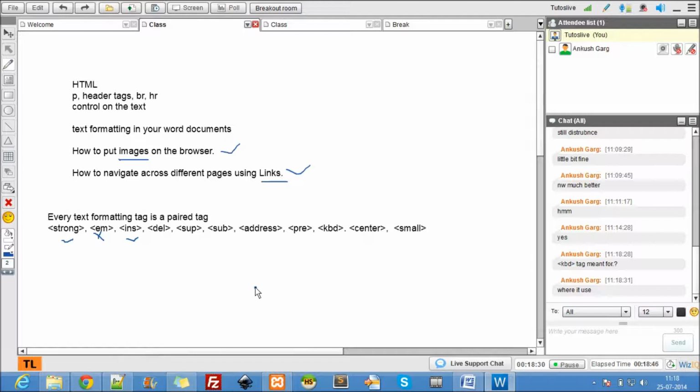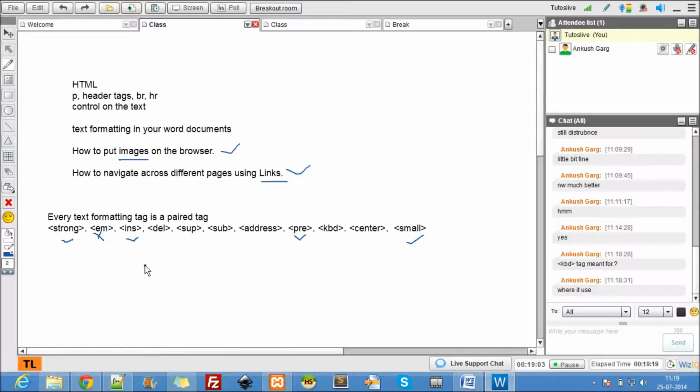It looks like, you see this font, the keyboard font, it looks exactly the same. So it's just a kind of formatting. Okay, you'll see the difference, no issues in that. Then pre is very important. Again, small. So whatever the tick marks out there, they are really important tags. You are supposed to remember only strong, ins, pre, and small, and the rest is up to your choice. You can write them down somewhere else and